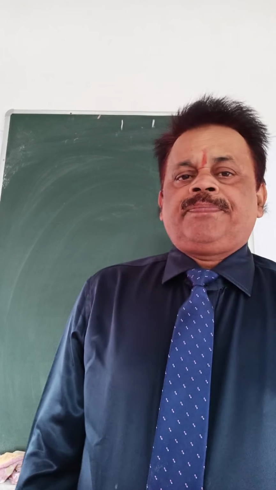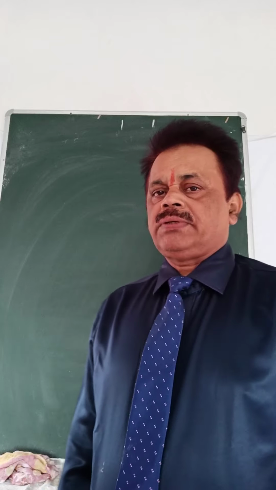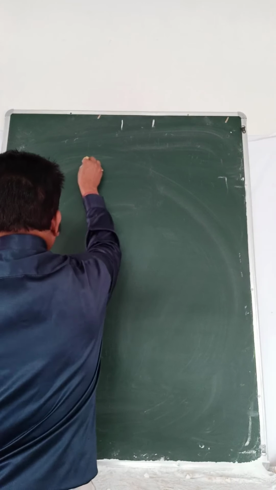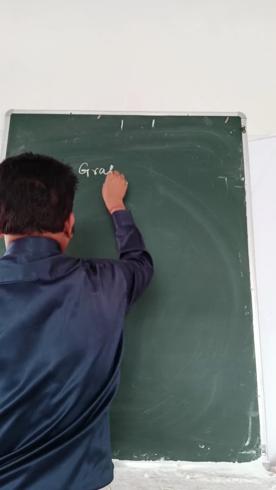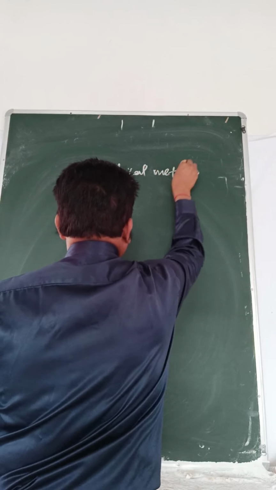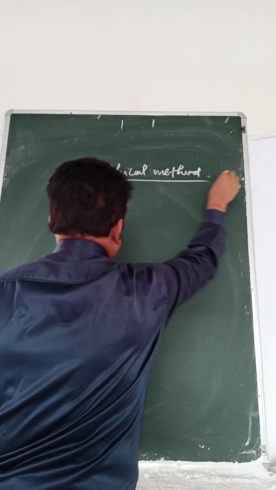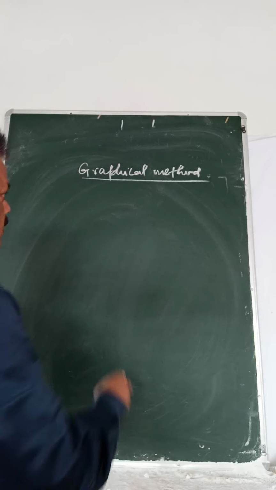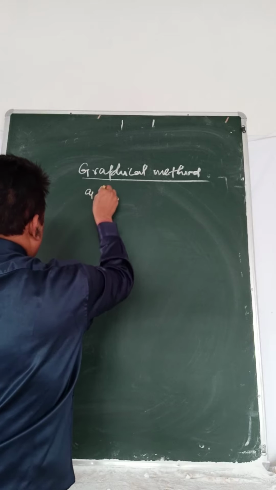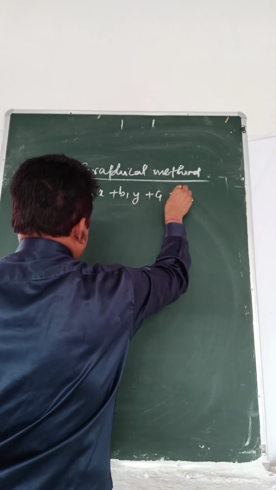Today we'll study the graphical method to find the solution of linear equations. So, graphical method, look at here. We have the equations a1x + b1y + c1 = 0,